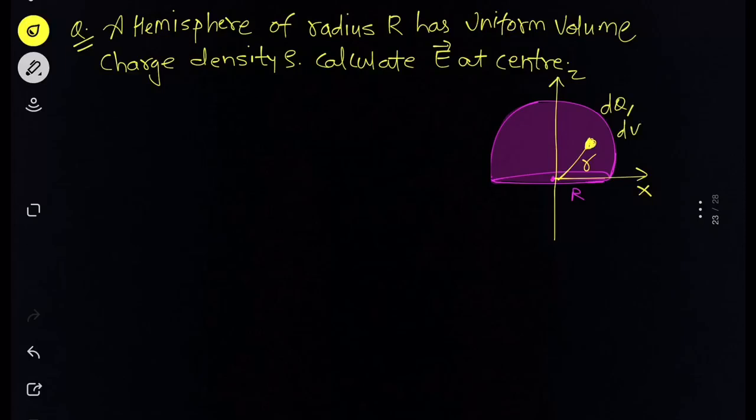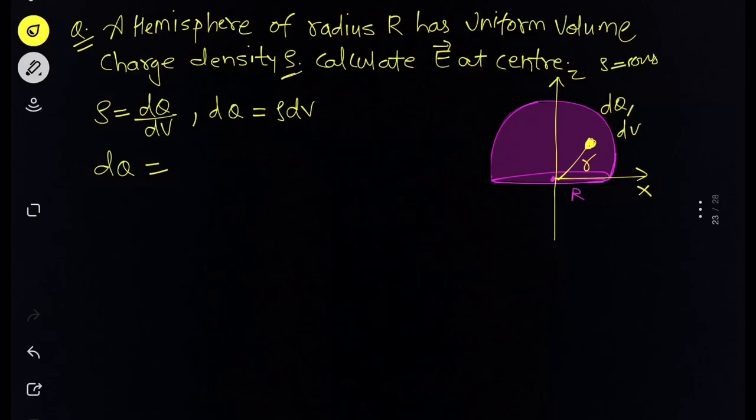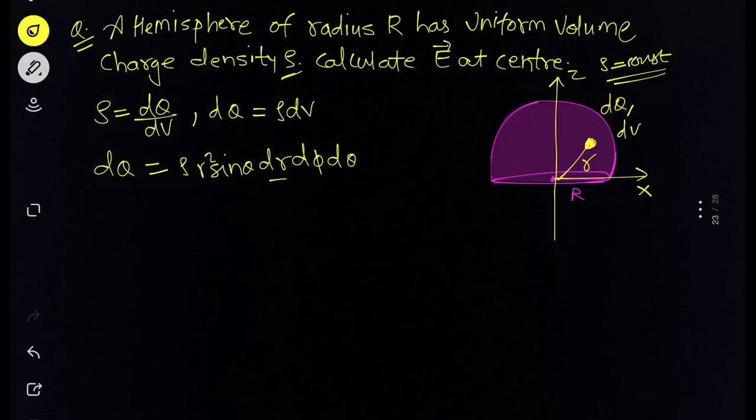Okay, and this small part of the sphere contains small charge dq, and the volume of that part would be dv. Why am I taking volume? Because here we have charge density rho. So we can write rho as dq over dv. So we can write that small charge as rho dv. Now here we have rho equals constant. So we can write rho, and in place of dv for spherical coordinate we have to write r square sin theta dr d theta d phi. Here I am varying r also, because here we have charges from center to capital R, radius of the sphere. We have charge all over the sphere, so we have to vary r also.